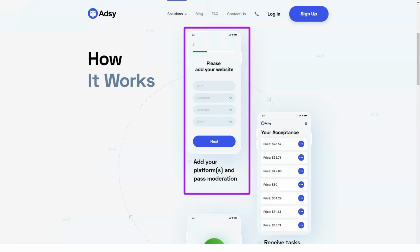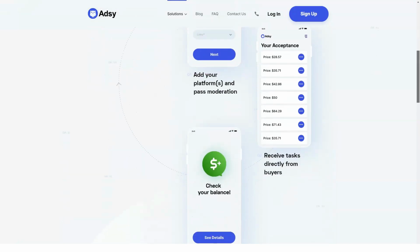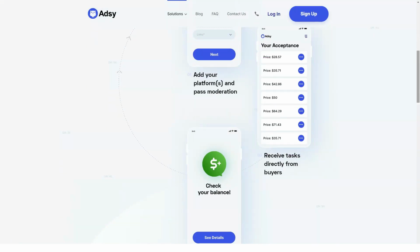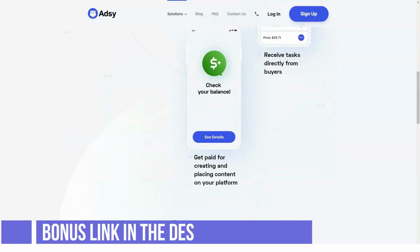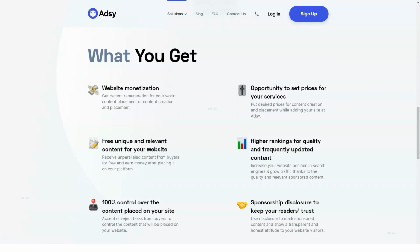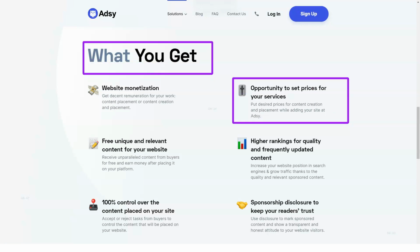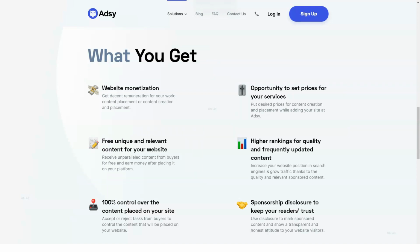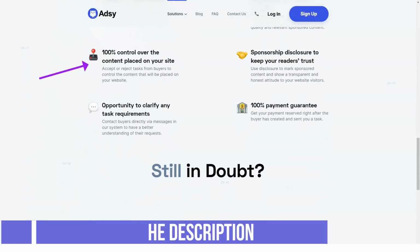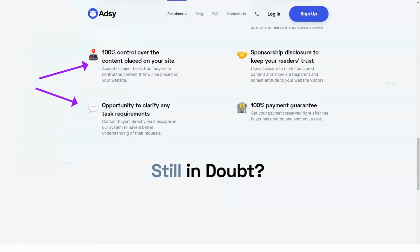When you find publishers that meet your requirements and satisfy you with their quotes, accept them and create a detailed task. To accept the offer, click the More button. On the new page, click Accept. The task page is slightly different from the one you used to create a direct quote on the publisher search page. This is where you can provide publishers with your content if it is a content placement type task, or provide a detailed list of requirements for creating content and anchor tags that you want to see in the content. When a task is created, you can keep track of its progress in the tasks section,